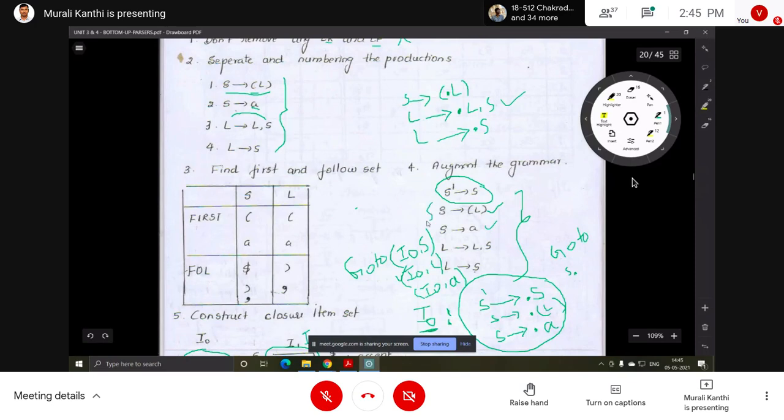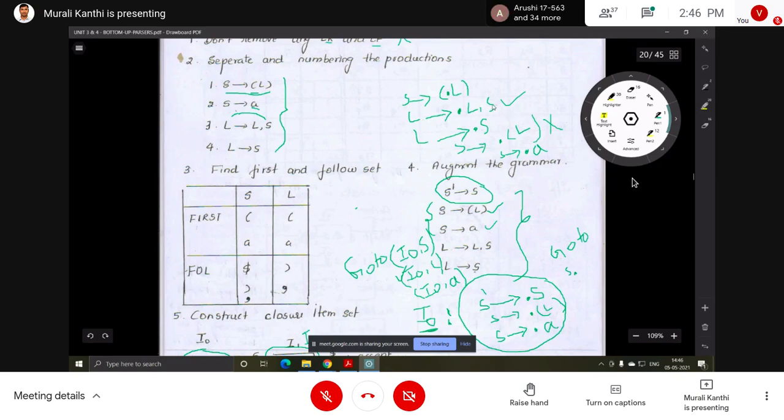These two productions. S implies dot open parenthesis L closing parenthesis, and the other production S implies dot A. Again we check which symbol is after the dot. After the dot, open parenthesis and A are terminals, so no need to add any productions in this case.